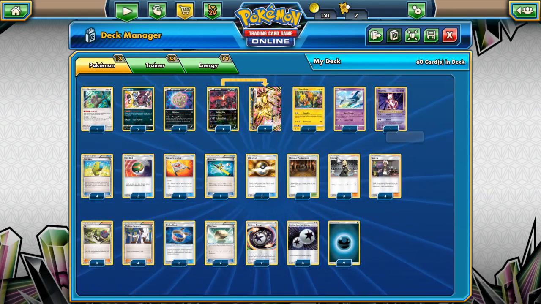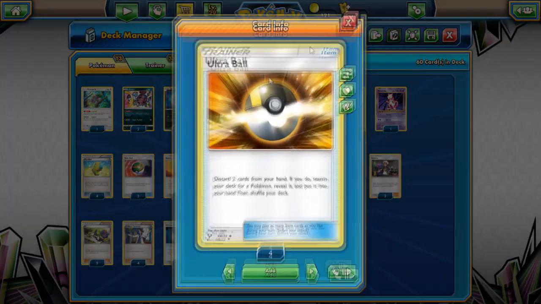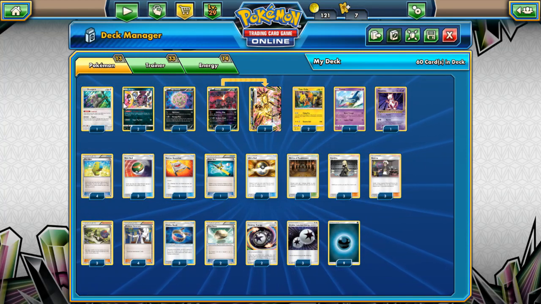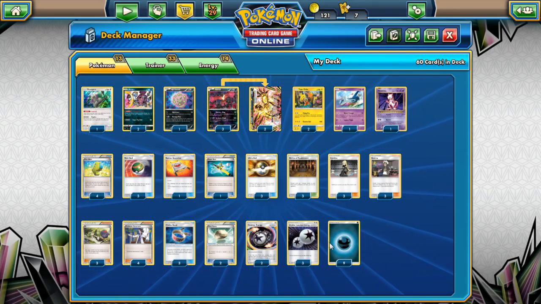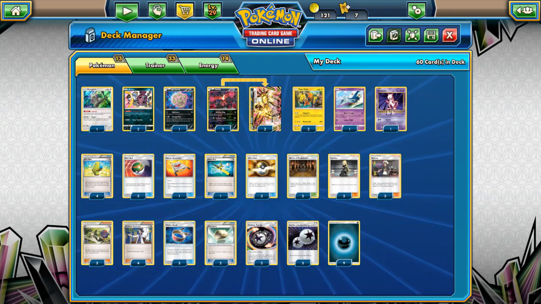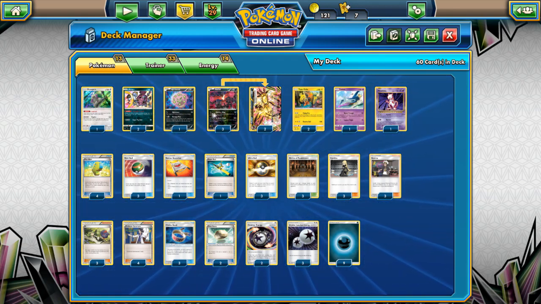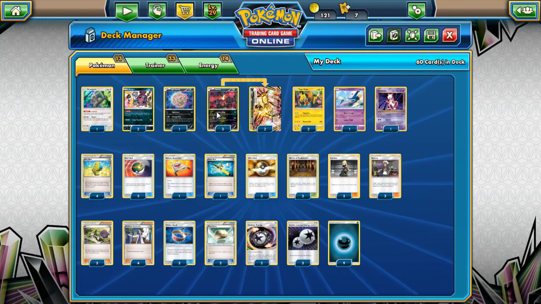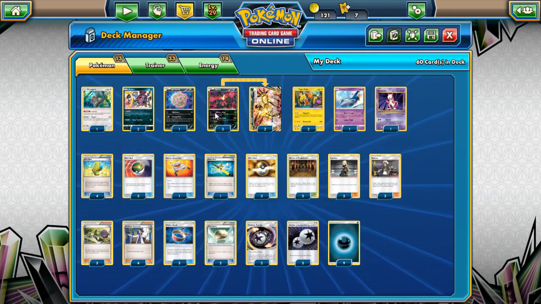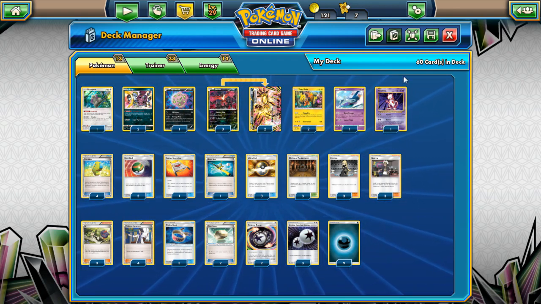In terms of Pokemon search, simply 3 Ultra Ball, 3 Nest Ball. Now, Nest Ball's just really good. You don't have to discard anything for it. Obviously, sometimes you want to discard Dark, but you just get to straight play it. You get down one of these guys. There's 7 different types of basic Pokemon in this deck, so you kind of need that as steam to